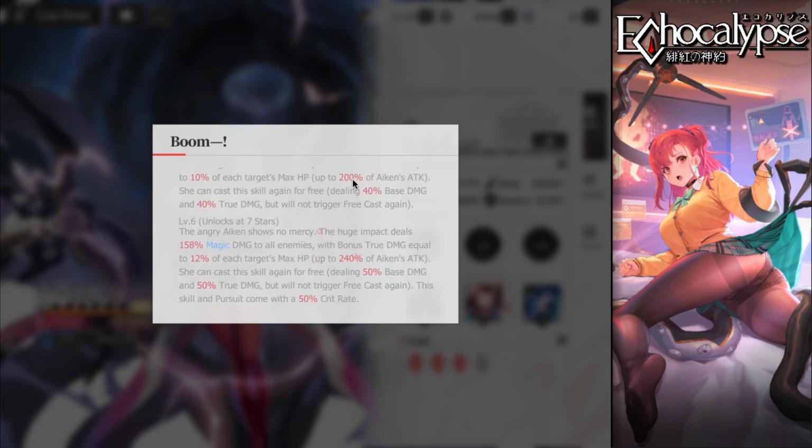At 6 stars as well, and at 7 stars, this skill and pursuit come with a 50% crit rate. So she will hit with crit rate every time she hits her ultimate with 50% crit rate. So if you build her on 7 stars, if you're really building her,